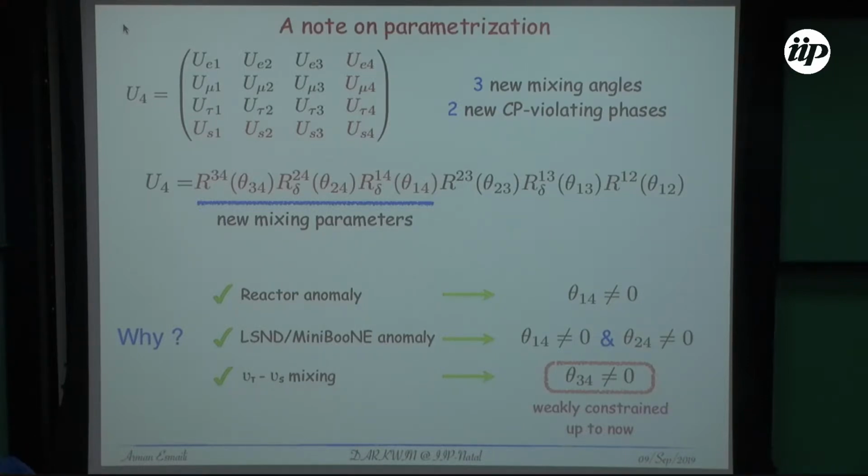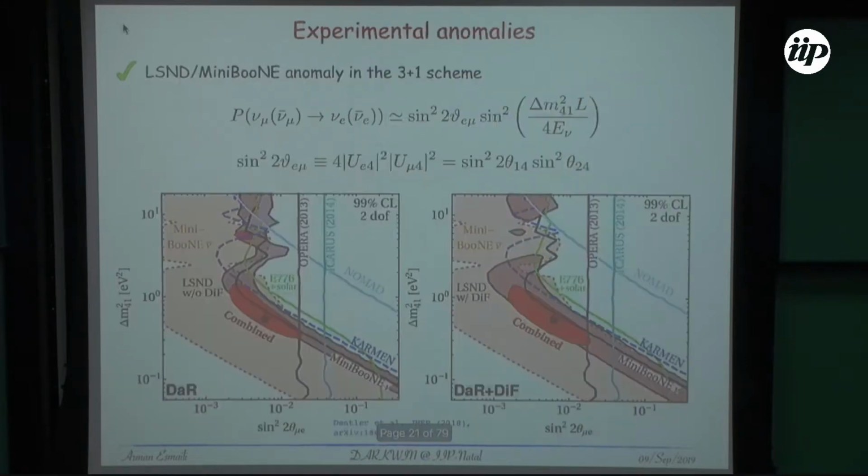Still, I think it's 20, 25 degrees, this can be theta 3, 4. So I'm not going to talk about the LSND and MiniBooNE. This is from a paper of which Pedro Machado is one of the authors, so he will probably tell you